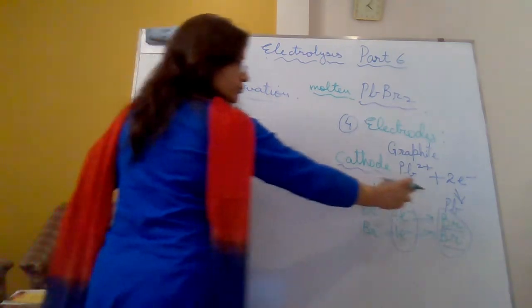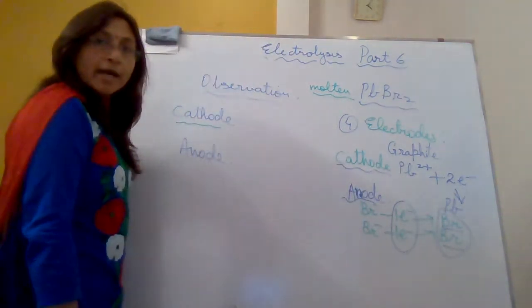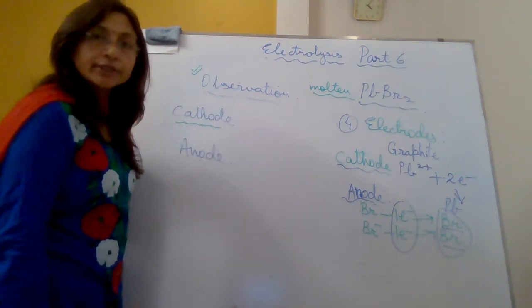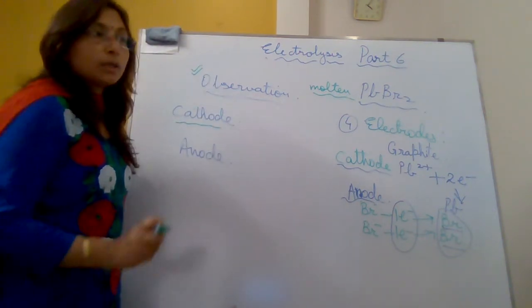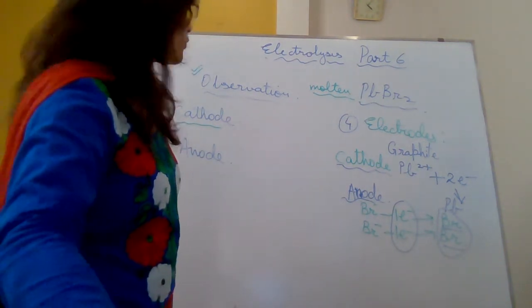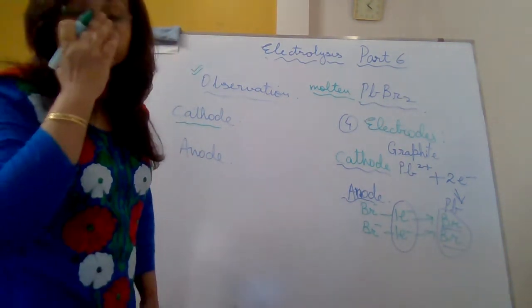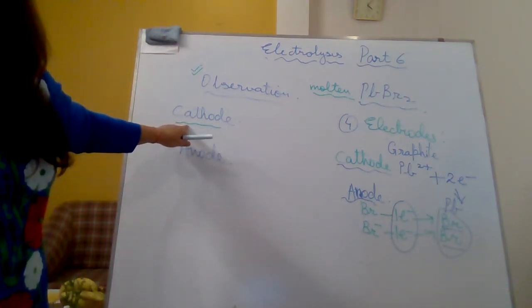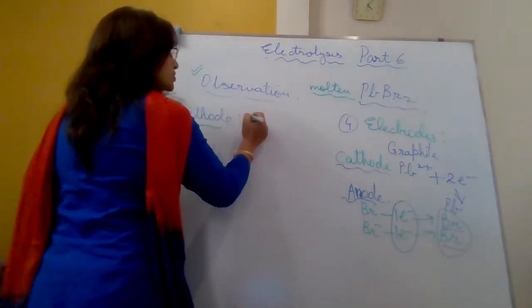The cathode is producing lead, and when we talk of observation, we are actually talking of the color, the smell, or the fumes or whatever. So at cathode, we will be able to see a deposition of